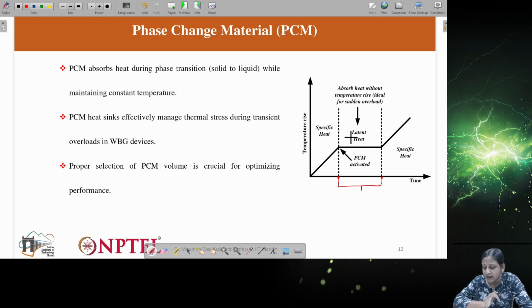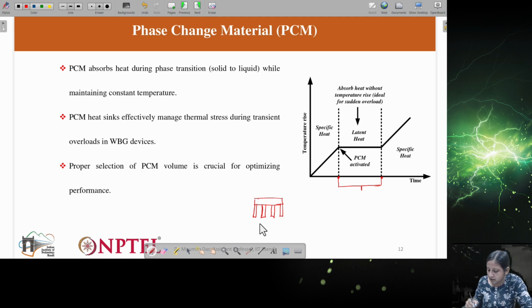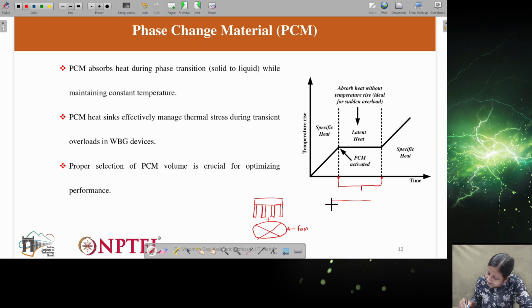Generally, how does a heat sink look like? If you try to represent any heat sink in a simpler form, it will have some teeth. Now this will be connected to the device. This is the passive heat sink. In an active heat sink, there will be a fan. In a hybrid heat sink, it will be a combination of a fan plus a passive heat sink. Now in PCM, what will be there? This kind of heat sink